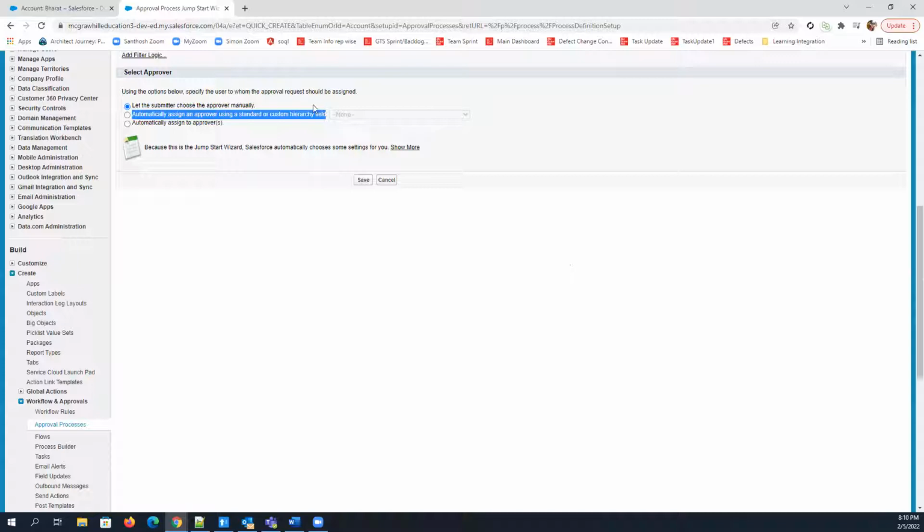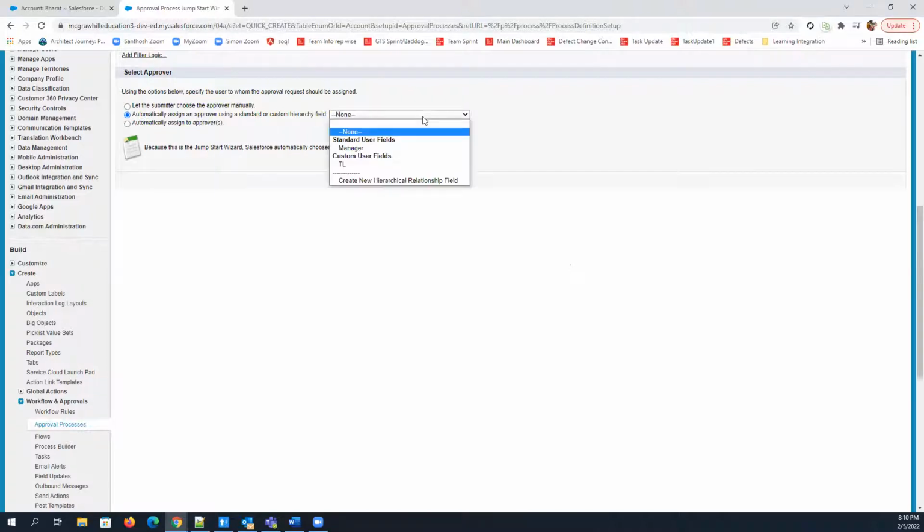Similarly, you can use that field for approval, and you can use the supervisor of that record owner as an approver in this case. If you choose this one, it will show you the hierarchical fields here. We have created this TL as a hierarchical field, and manager is the standard field provided by Salesforce on the user object. Both are hierarchical fields, so you can use these fields as well.